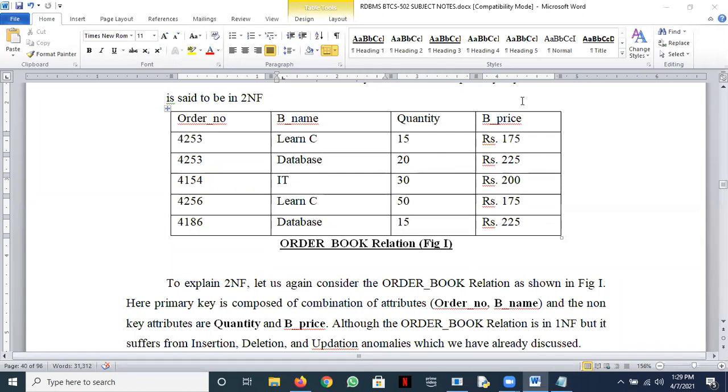We already have almost 2 hours of class. Another class I want to take with some problems so that we can take some PLSQL problems. 7 o'clock? No, 7 is too late, I think. Your evening time is usually a bit busy at home with everybody coming and going. I suggest a 4 o'clock time. Is it fine with all of you? Okay, I suggest a 4 o'clock time. I'm going to put it in the group. You can raise your hands that you heard me. 4 o'clock, the review class time, right?